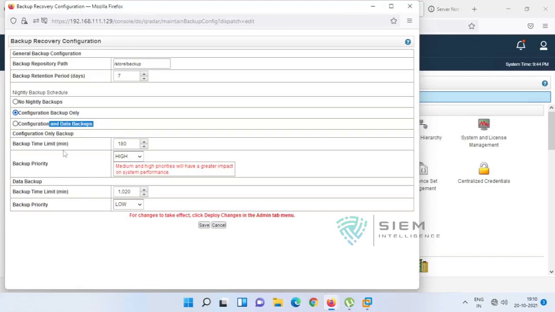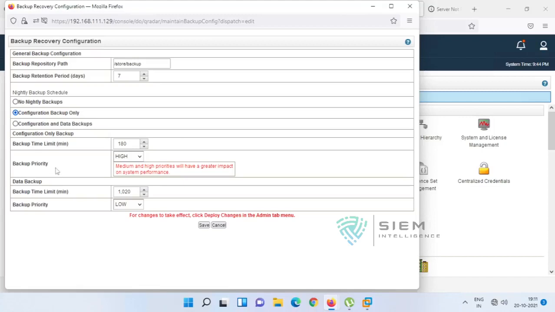And the backup limit, what is the backup time? See, if you are limiting the backup to 180 minutes, if the backup completes in 180 minutes, it will be kept as a backup. Otherwise it will stop that particular backup process and show it as failed. What is the backup priority? If you are keeping it as high, it is considered that it will affect your day-to-day process. Why? Because the entire process will be put on this to create the backup. According to me medium is okay, but don't ever put high. Why? Because 90% of the process is sometimes taken by this particular backup only.